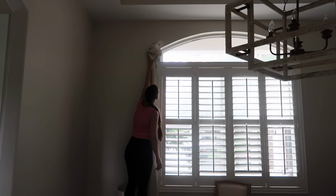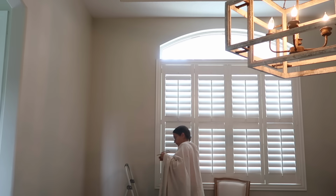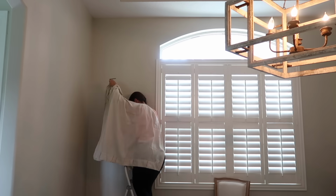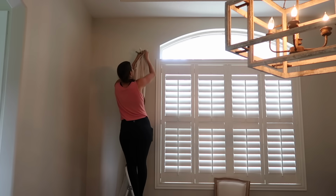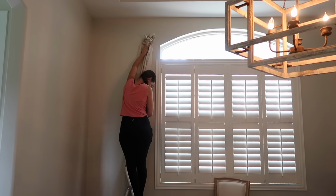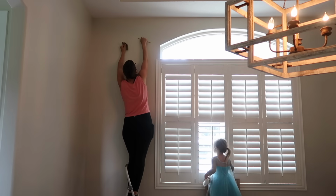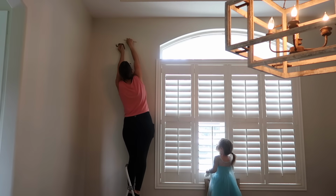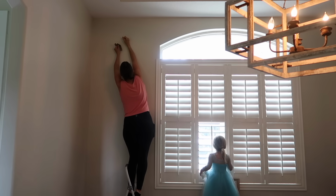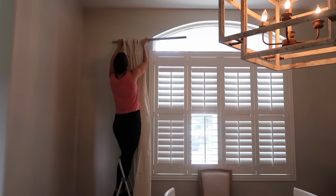bringing in a stool. But as you can see, the curtains are a linen-y type of material. You can kind of see the light reflecting through them. And that's what I wanted. I wanted something light and airy, not something too heavy or thick. I also went back and forth, like, do I want a cream color or do I want a print? Do I want a solid color? I thought for the longest time I would get green or something bold, but then I ended up getting that hutch that I have, and it's kind of blue-gray green. It's hard to tell even what color that is. So once I got the hutch, then I ordered the curtains, and this cream linen-y color seemed to work the